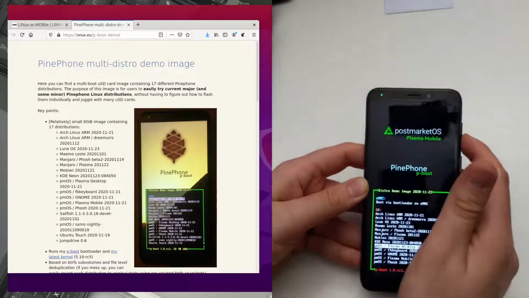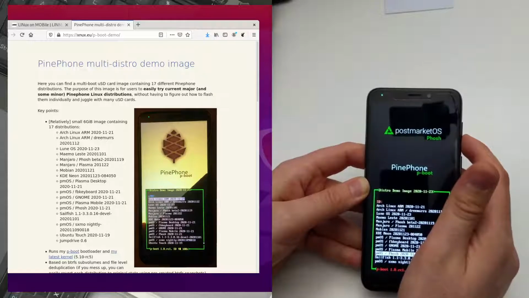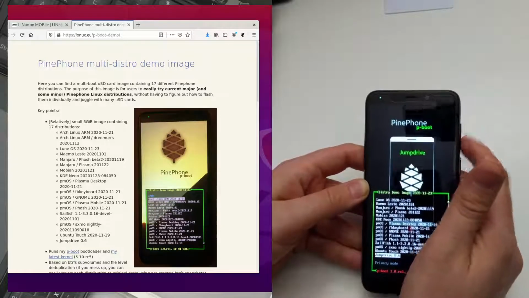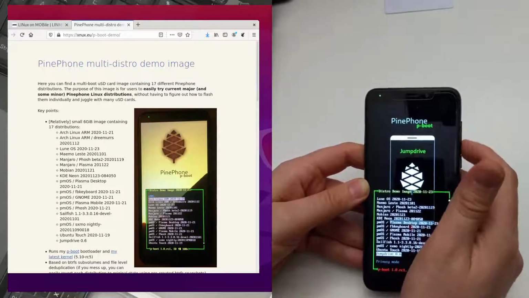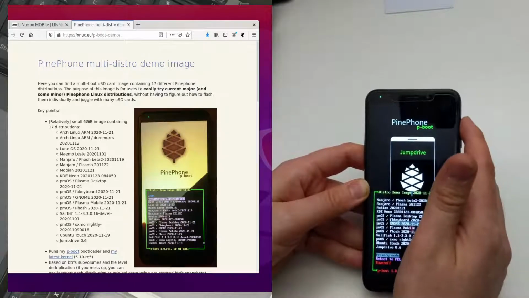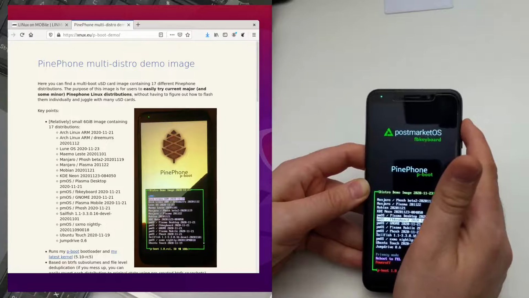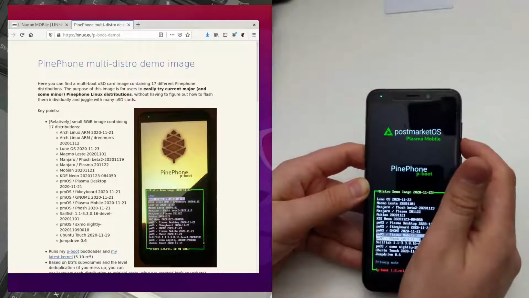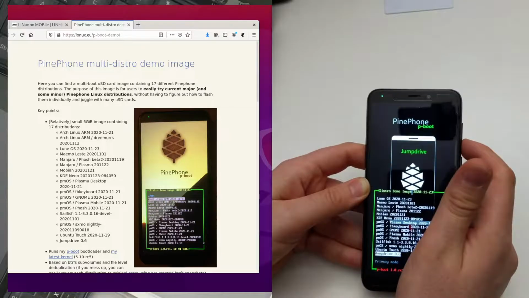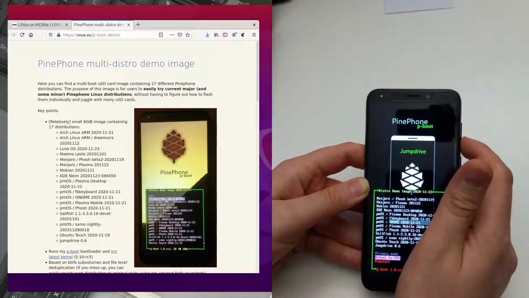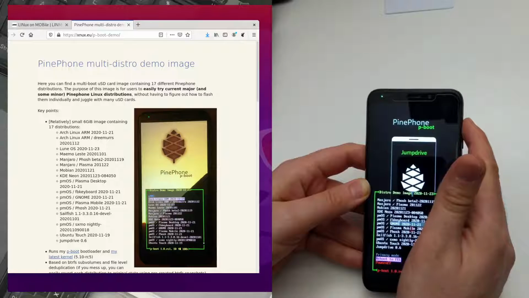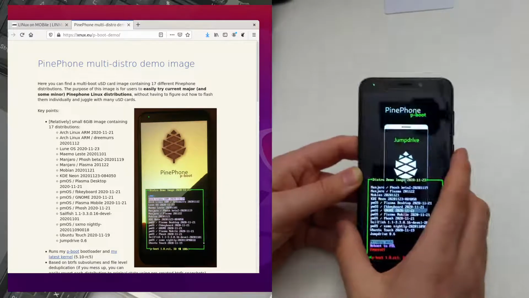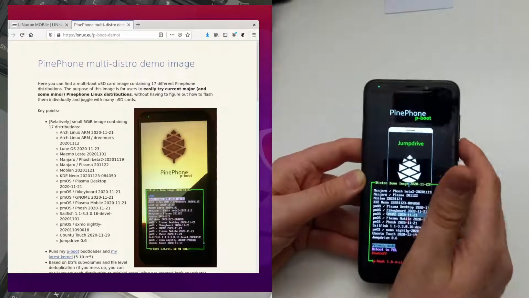And when you then are like, oh, I want to try something different, like I want to access files on my phone, you can go to Jump Drive, or if you want to try one of these other distros, you can do that anytime after any boot, and that can be quite convenient, I think. Then there is this other new one here, privacy mode, which basically switches off the camera,